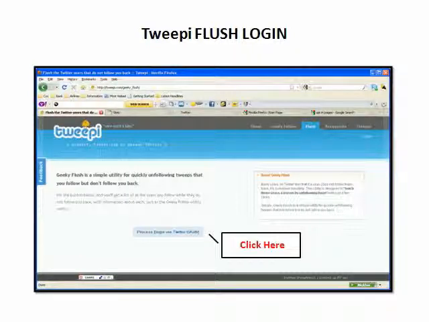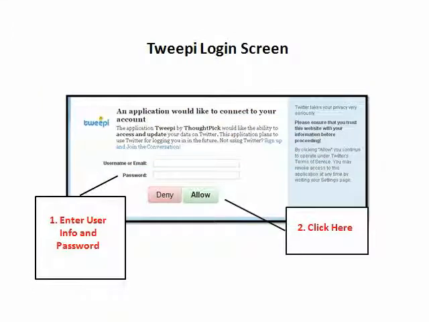On the Flush login tool window, you're going to see a process login via Twitter. And you're going to click that bar, and that will take you to the next page. And that page will be presented with a login screen. And you'll need to enter your username or email for your Twitter account, the password associated with it,